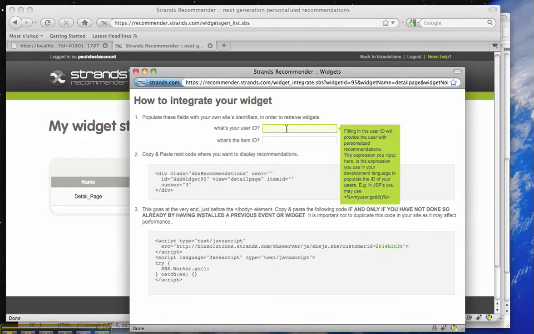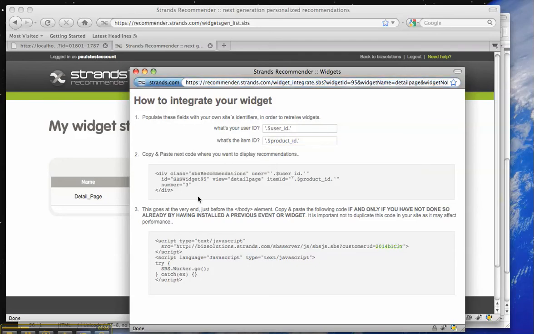So I'm using PHP to just echo out a lot of my code on the page, excuse me. So I'm going to go ahead and use this. The single ticks are the echo statements, the dots are the append, and user ID is of course the ID I'll be using. Looks like a little typo there. And for item ID, I've called it product ID. So after completing all that, I now have this populated div tag, which is going to go straight in